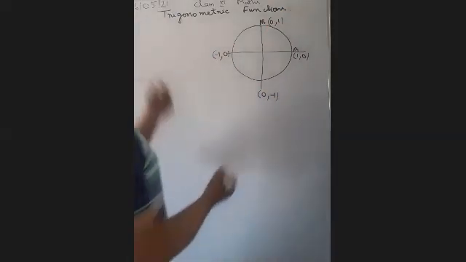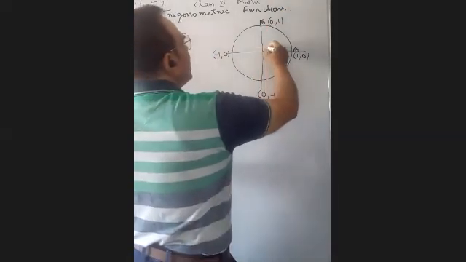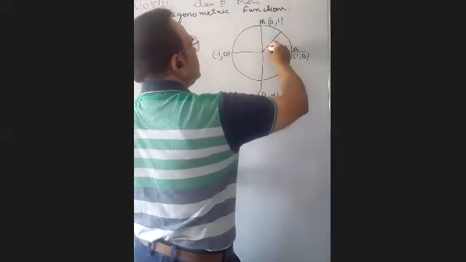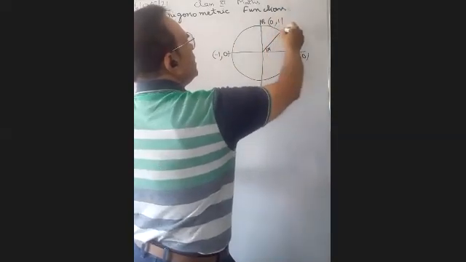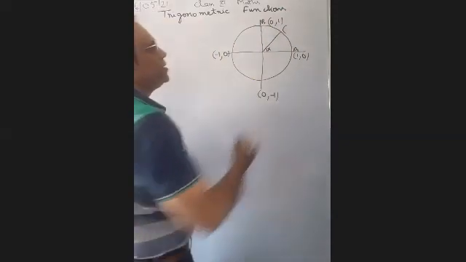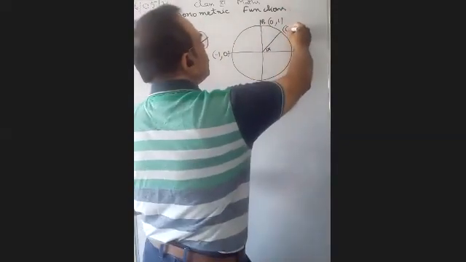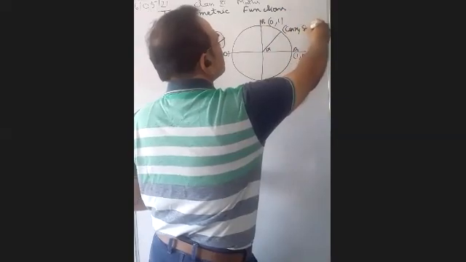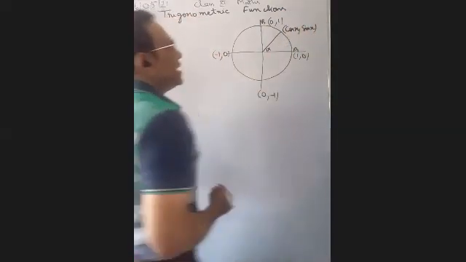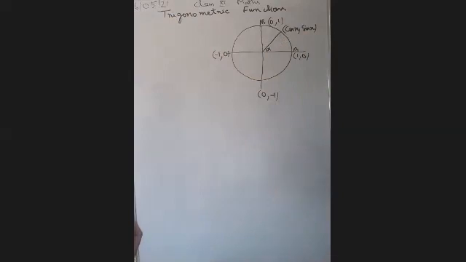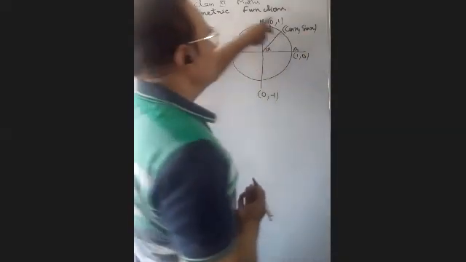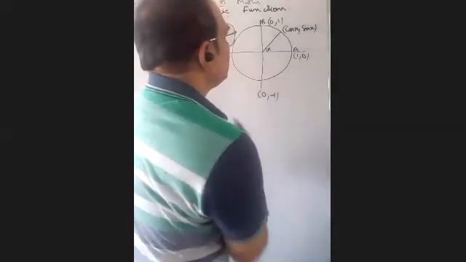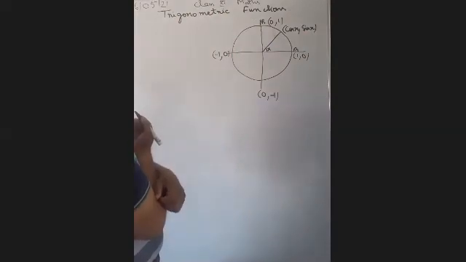Yesterday we took an angle x degree, and this point takes the position. The coordinates of this position will be cos x and sin x. X is the angle. This I told you yesterday. Okay, if we compare our points with these points, we will get the values of different cos angles.